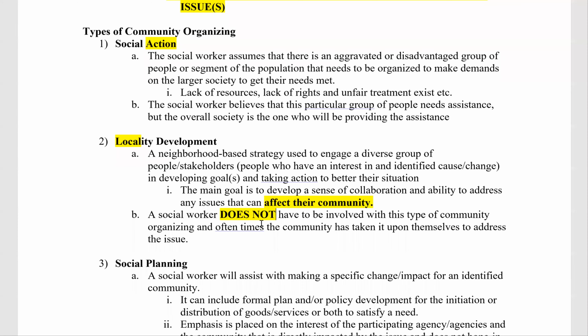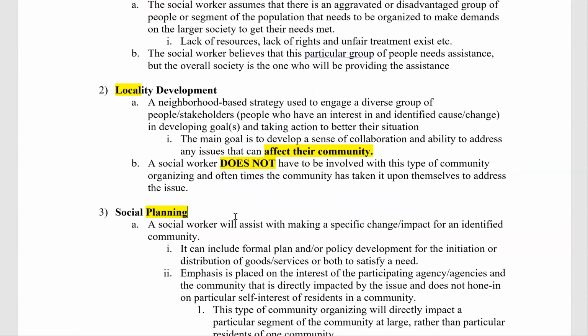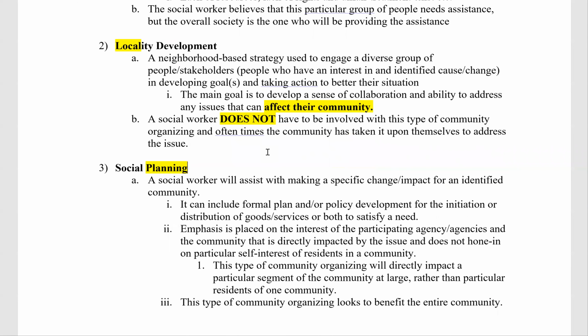And the third type is social planning. Key emphasis on planning. Just as when we saw social action, this is where the social worker is going to do all of the planning, but other people are going to do the actions, not us. So, social action, we're the ones that are jumping into action. Locality development is where the locals are going to be developing what they think and executing on their own. Social planning is where we're going to do all the planning, but other people are going to execute the schematics